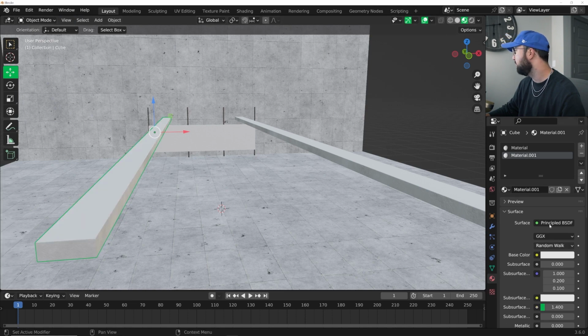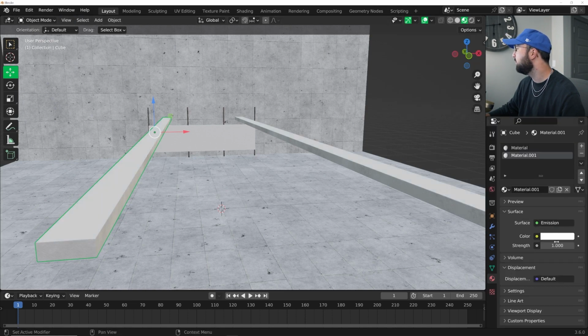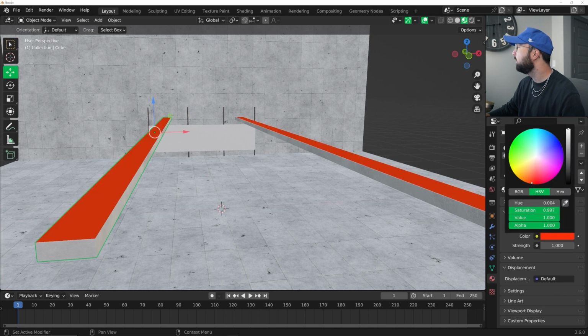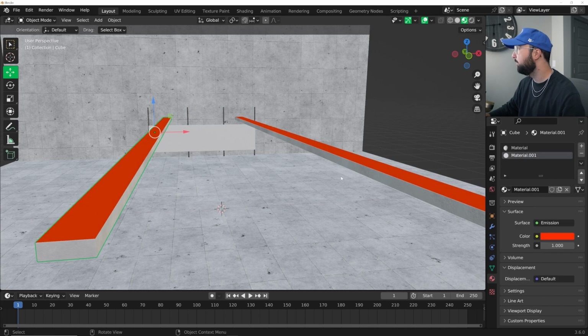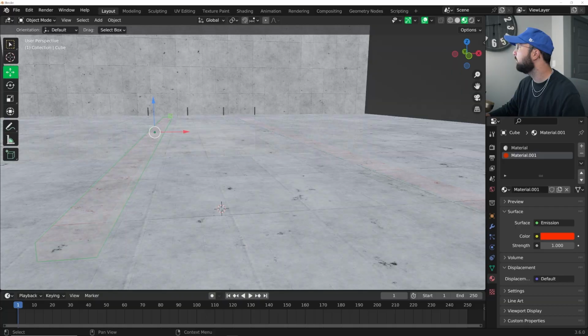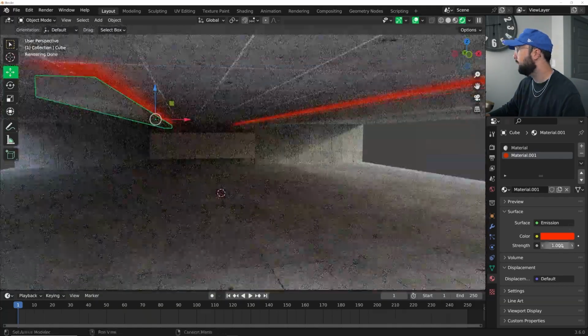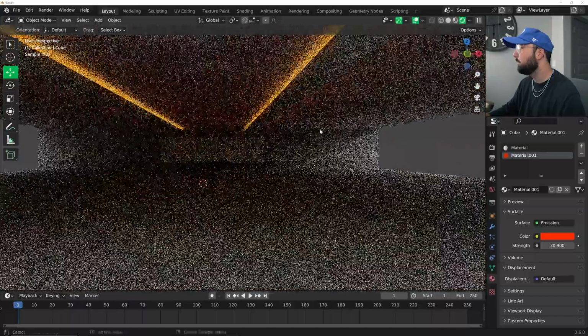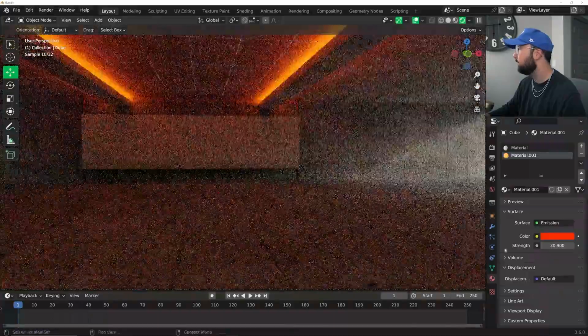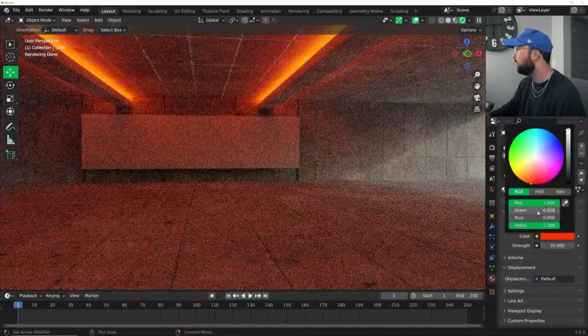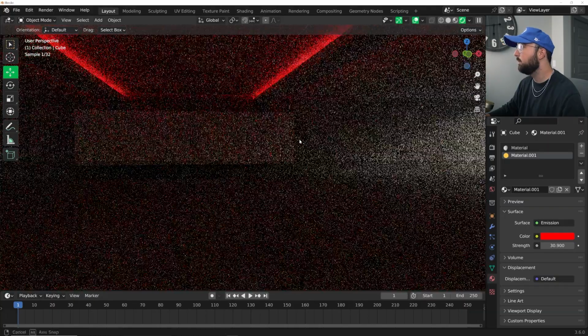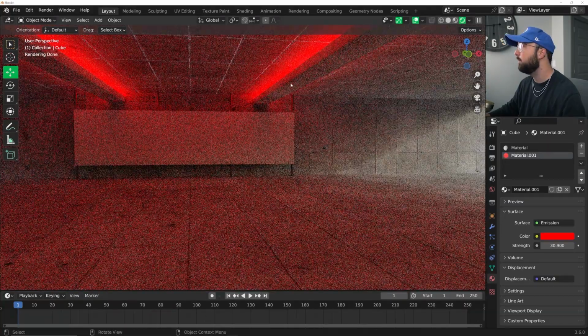And then you can just go from principled to emission, then make it red. Cool. So now we can view it in cycles. And there we have it. Those pillars with the lights, which look really cool, but we're actually going to go pure red. That's going to look a little bit cooler for this scene. So there we go. We have the scene built out